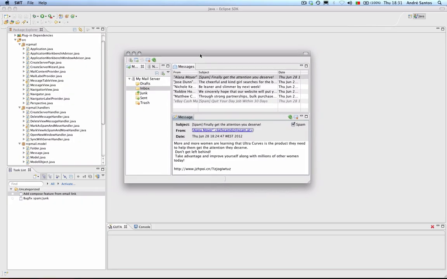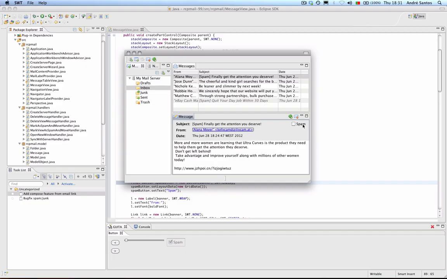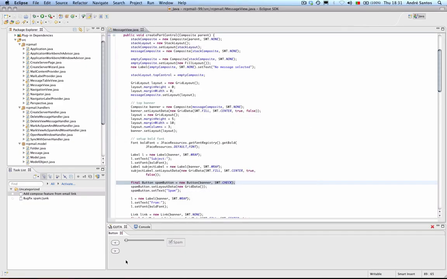We have an application running, and then we can click on its widgets and get a trace of those objects in the code. So for example, I can alt-click on this spam checkbox here, and what do I get? I get a view here in the IDE with this timeline, and I can go through, and this will show me all the instructions from the creation until the last one that were done on that